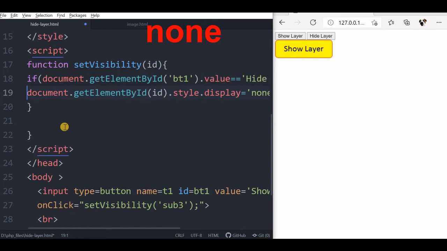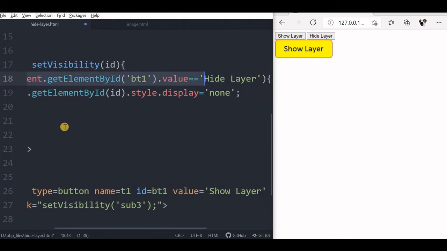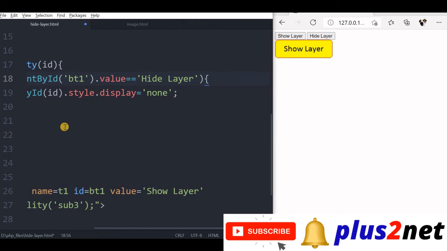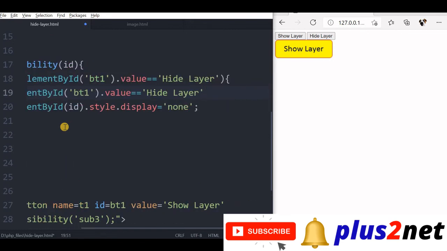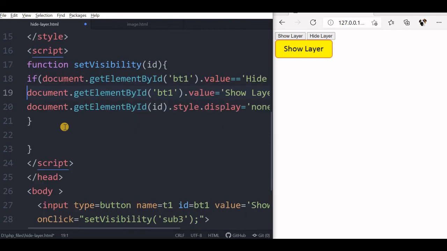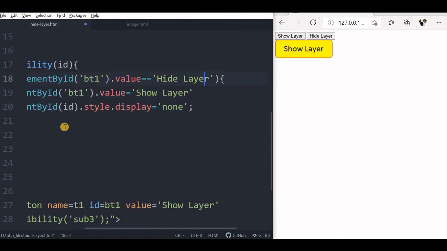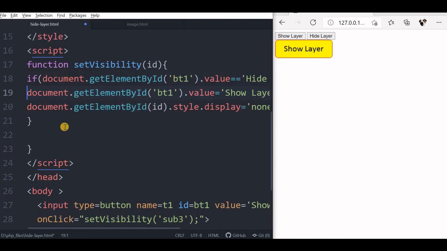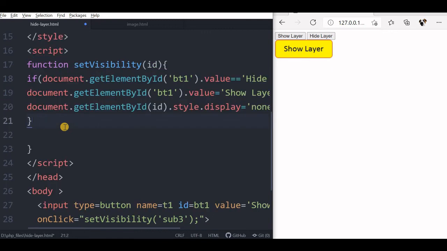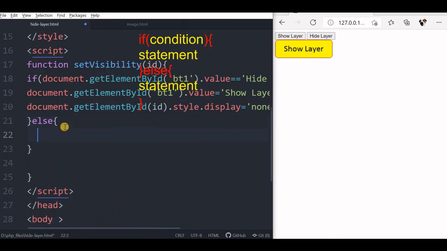Before that, let me change the text, whatever is written here also. I will copy this, paste it here. Now value equal to, I am assigning now, show layer. Now these two lines I will just copy, and write one else command here.